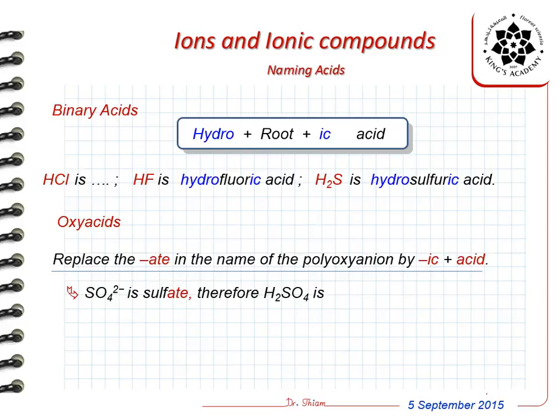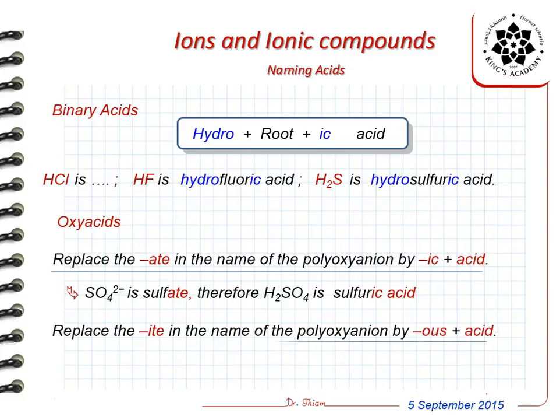In this case, it's sulfate. So we replace the ATE by ic. So technically, we should say sulfic acid, but that doesn't sound very good. We call it sulfuric acid. So in this case, we don't use the root. We use the name of the whole element, which is sulfur. Sulfuric acid. Okay? Now, for the other category of polyoxyanions, remember the ones that have lesser number of oxygens, which